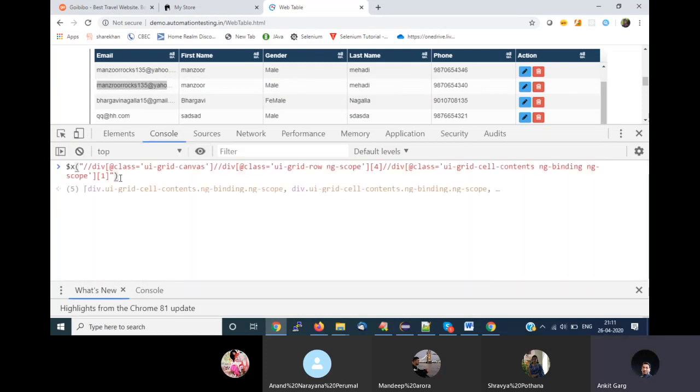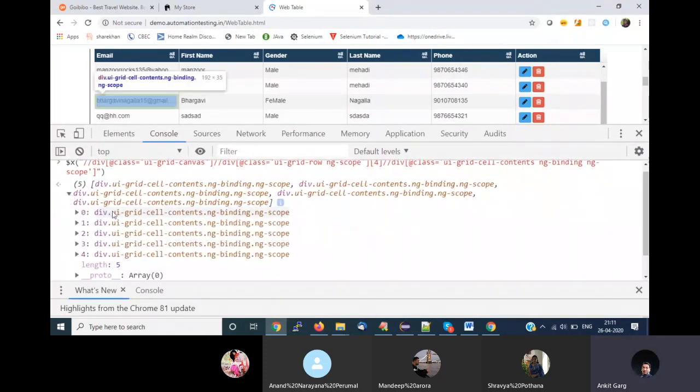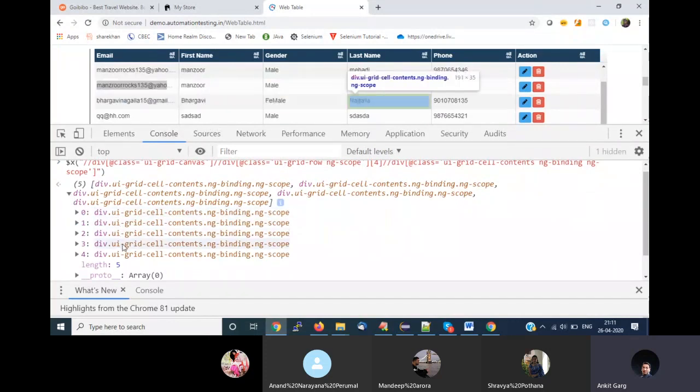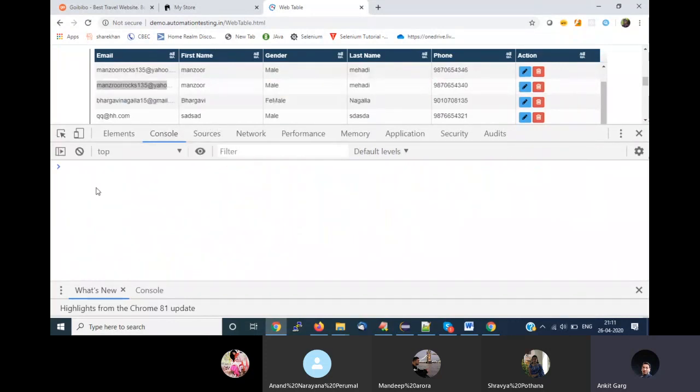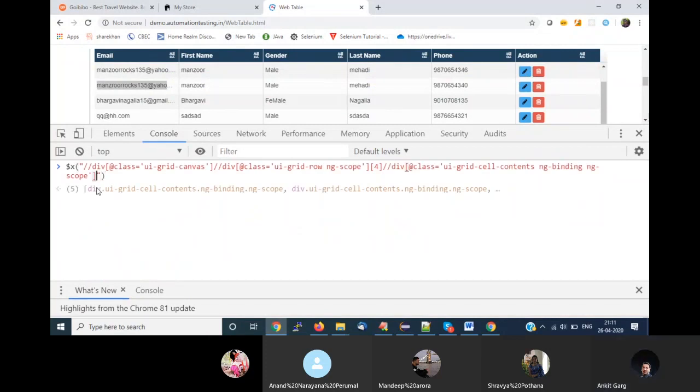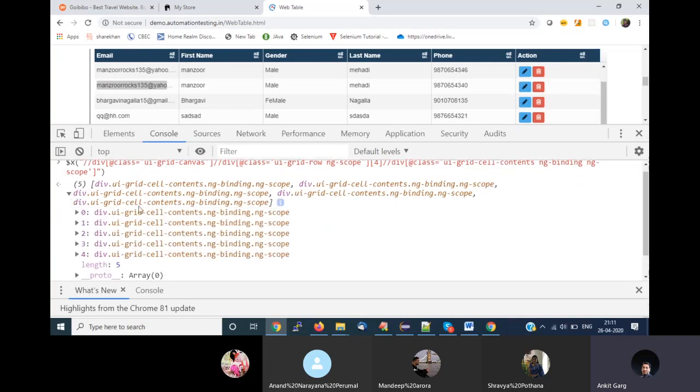Just a second. This is my web table. This is my rows. This will give me my fourth row. And what is this giving me? This is giving me 5 columns. Now let's say from these columns, I want to fetch the third column. It is not giving me the third column.